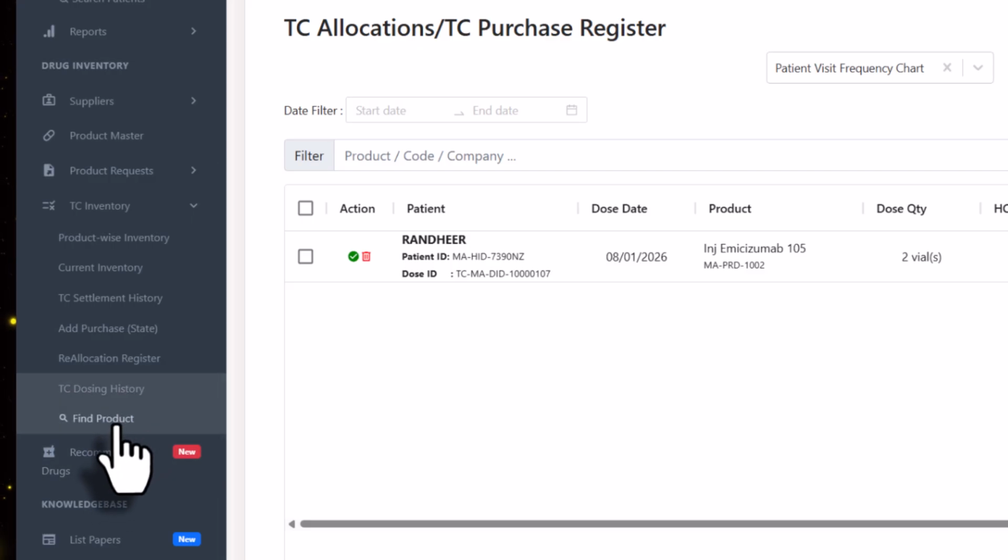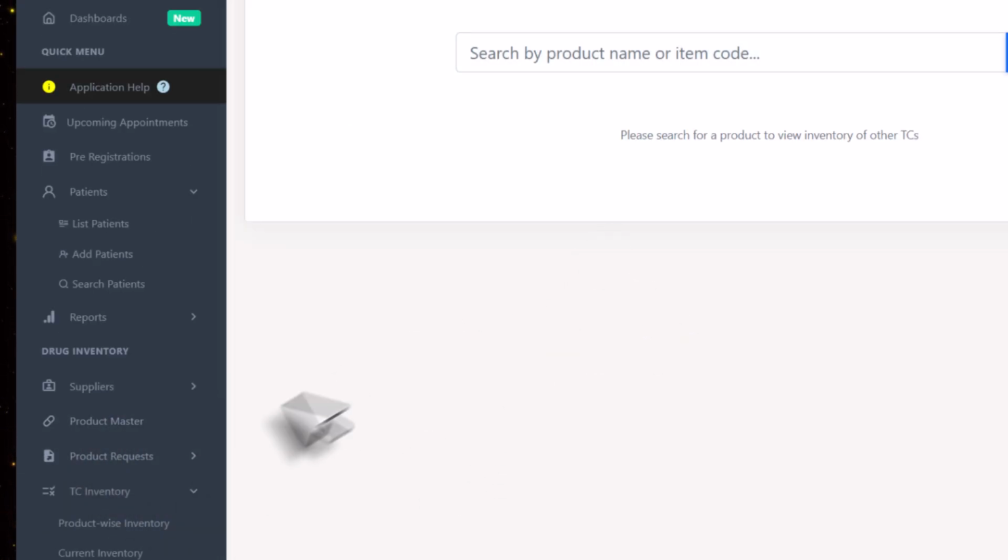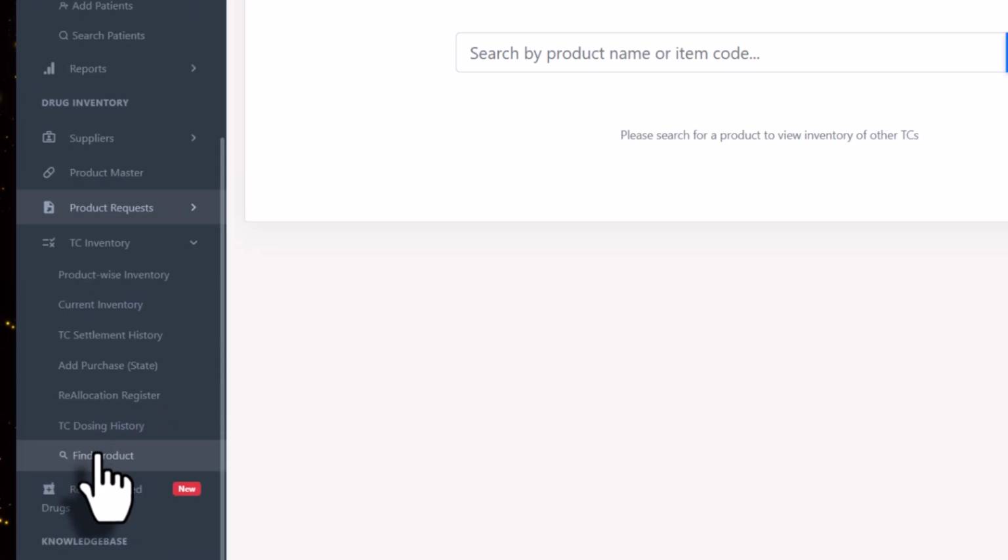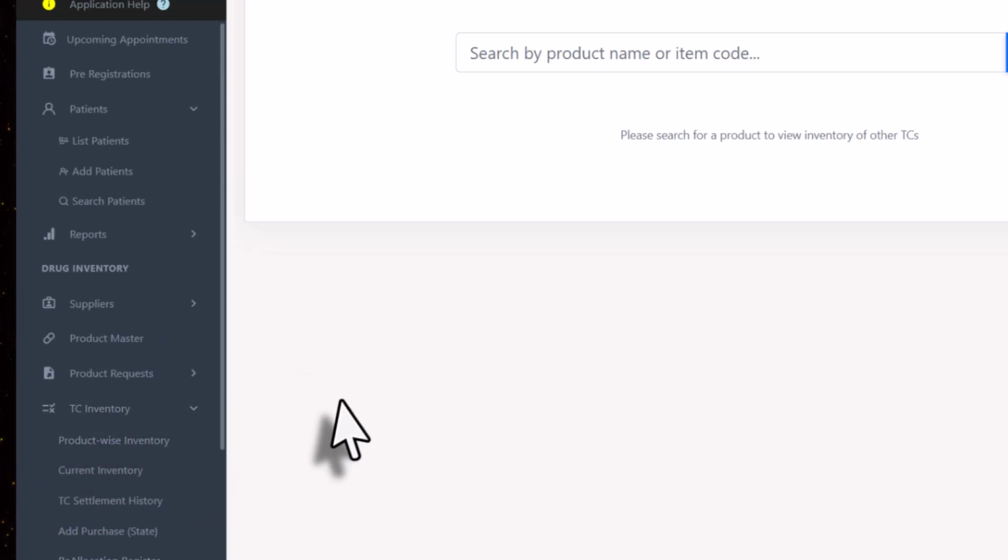Now here in the find product section, this is again a very useful section. So in find product, suppose you are low on any inventory and you want to know which other treatment centers have that inventory. You can basically search by product name, and if that product exists in any other treatment center nearby, it will directly show you over here, and you can request that treatment center to allocate that particular product to you, which